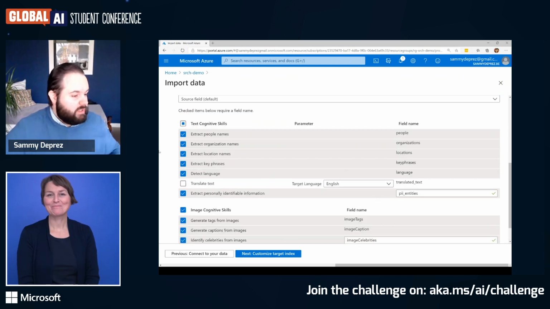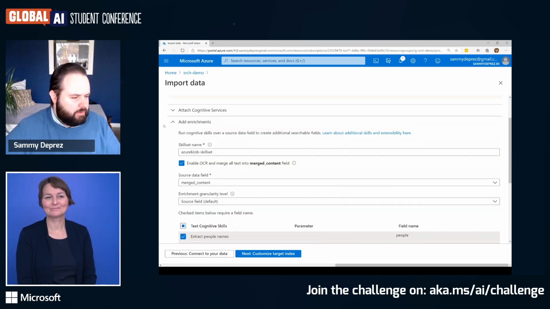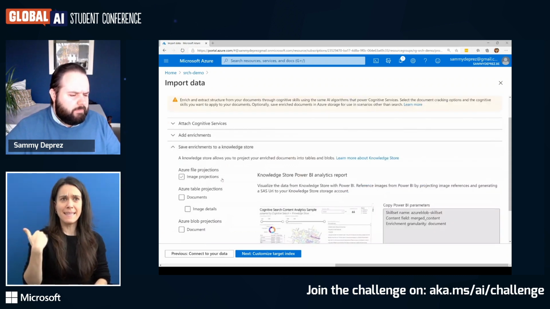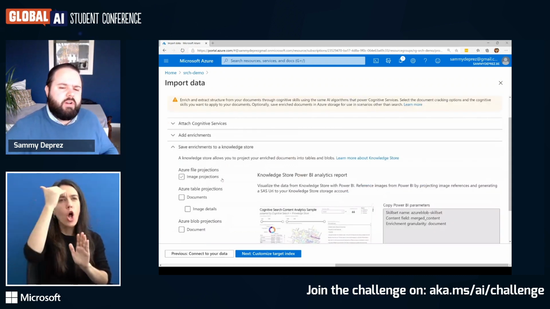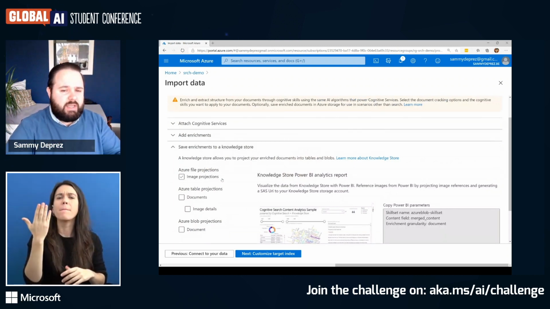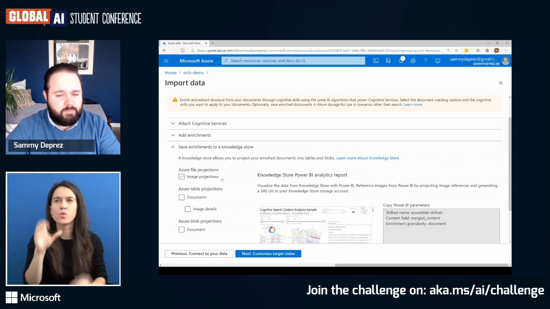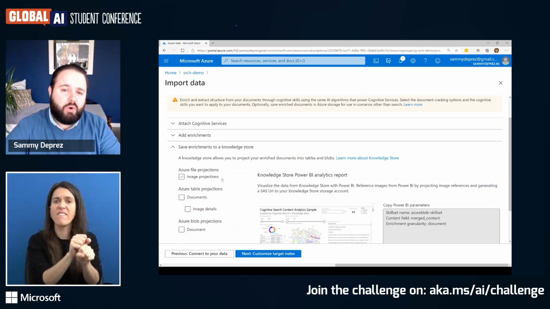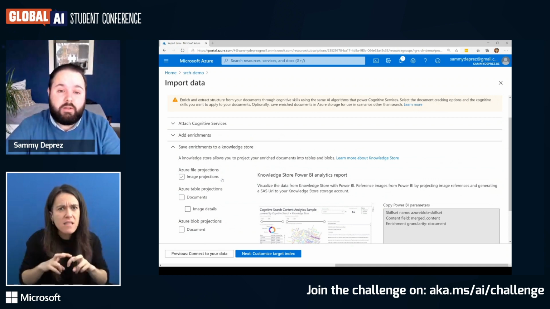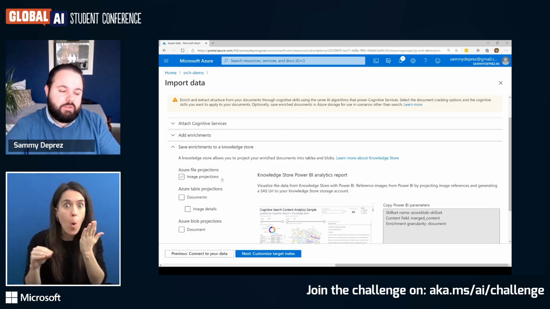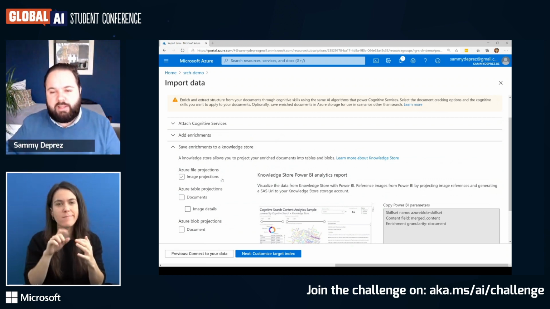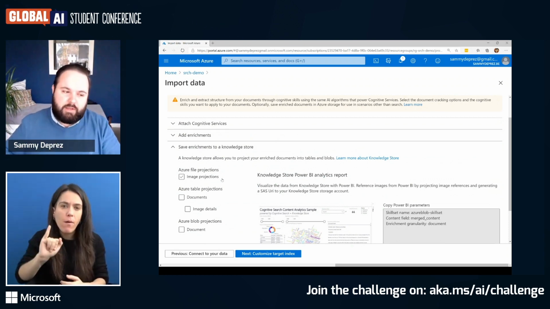Now, a feature that was added only a couple of months ago, could be already a little bit longer, time flies, is a knowledge store. Now, with the knowledge store, where before Azure Search, everything was saved within their own service. And if you would like to do some more analytics on it, for example, you want to do some reporting on top of it, well, you needed to use the REST API to collect all the data and then do your reporting on it.